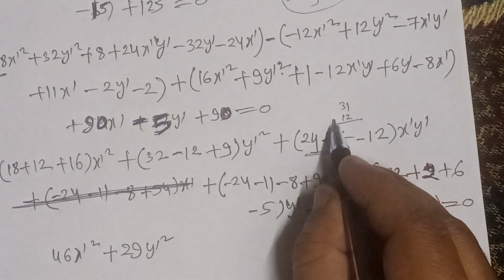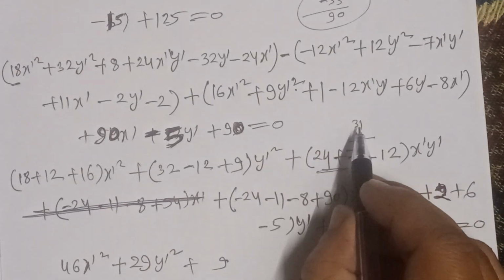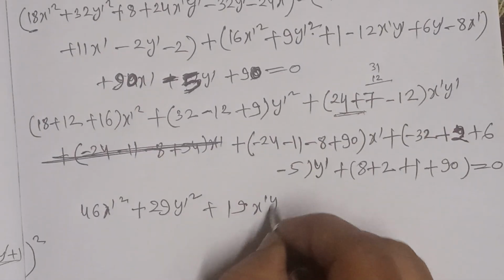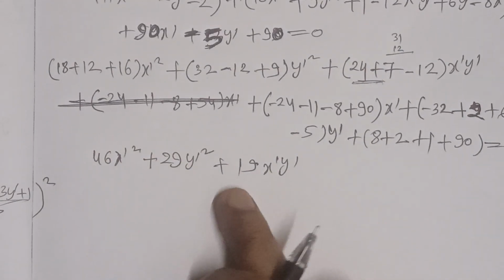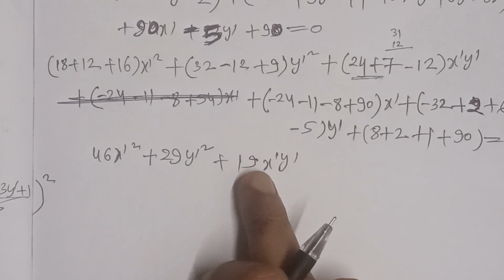We get 9 plus 9 and 19 x dash. So you have to check this value as I stated earlier, because this coefficient does not match,